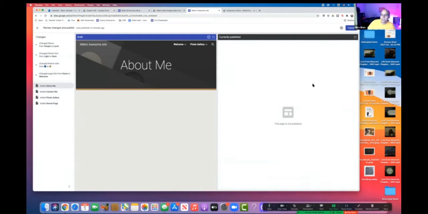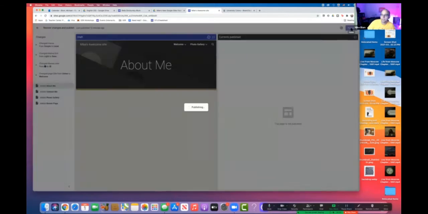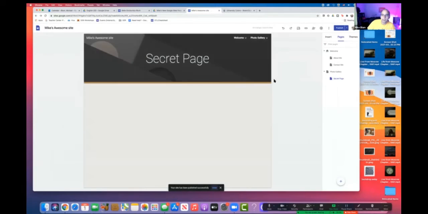And now you'll notice this page is not published, so I'll go ahead and publish it. And now I can see your site has been published successfully. View. I can view it immediately if I'm fast and if I click on that thing at the bottom. Otherwise it disappears and then I can't click on that. But I can always view the page by going up to my downward arrow by publish and say view published